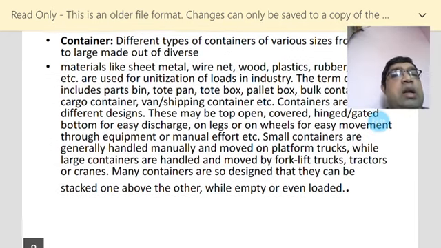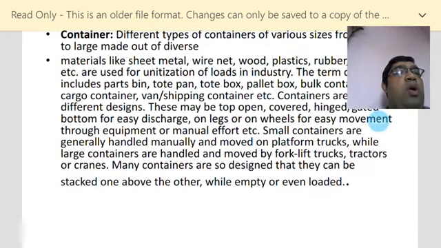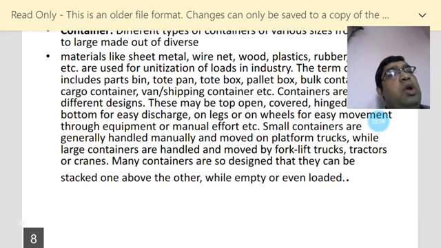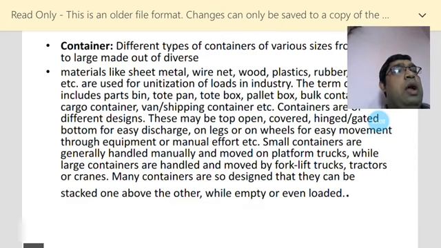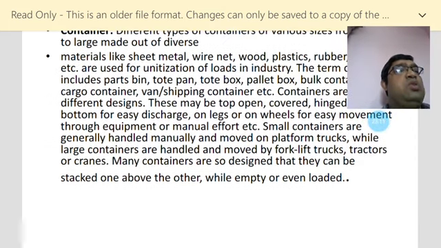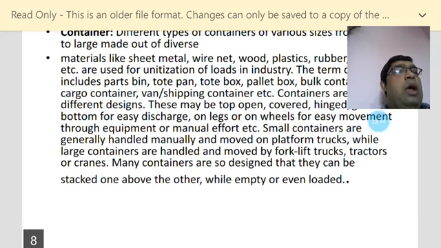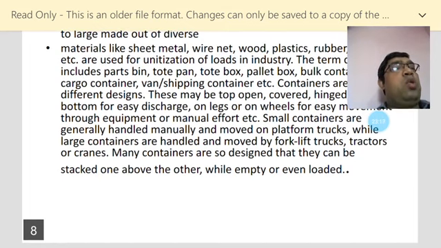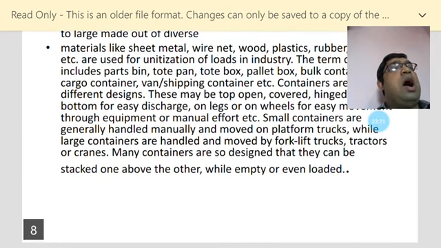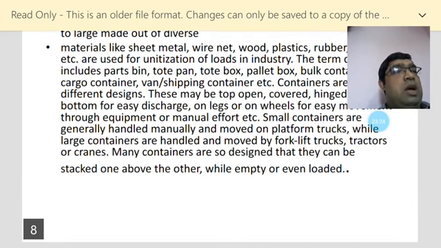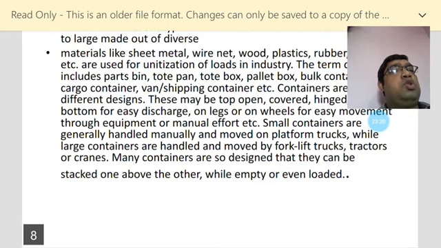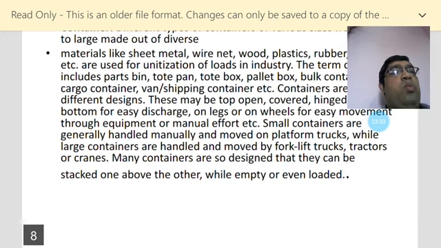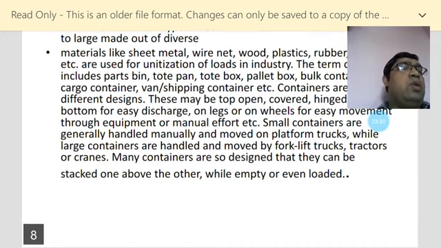Small containers are generally handled manually and moved on platform trucks, and sometimes we need platform trucks so that the container moves very easily. Like the platform trucks you can easily see at an airport, which rotate inside the airport and cannot move outside of it, and sometimes in a big railway platform the platform tracks are also available, while large containers are handled and moved by forklift trucks, and sometimes you can see large containers,